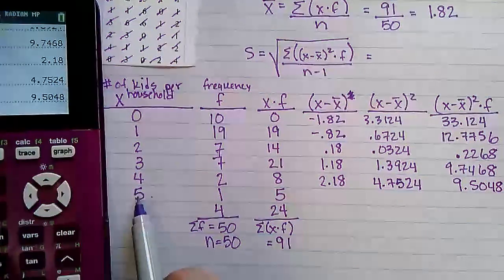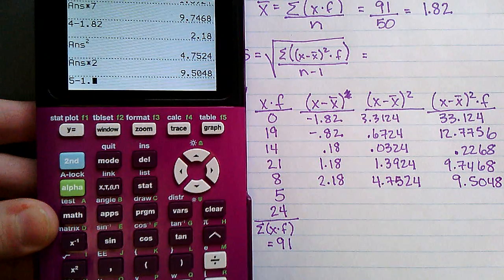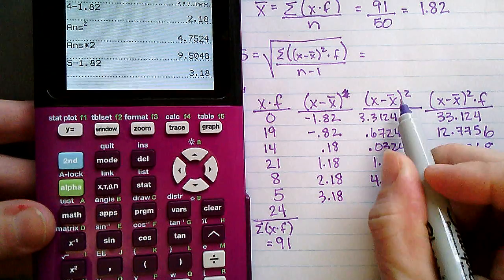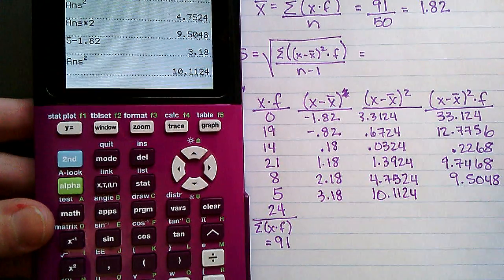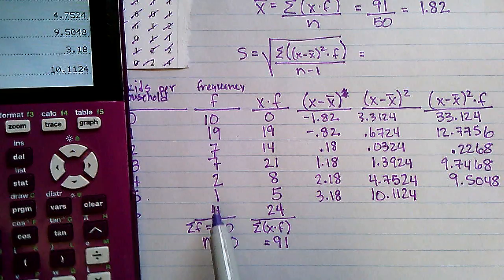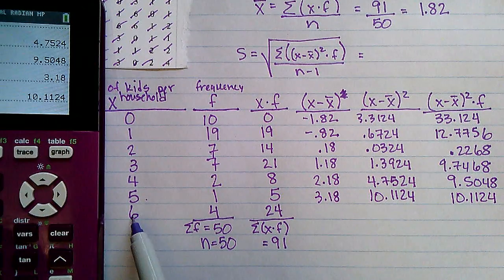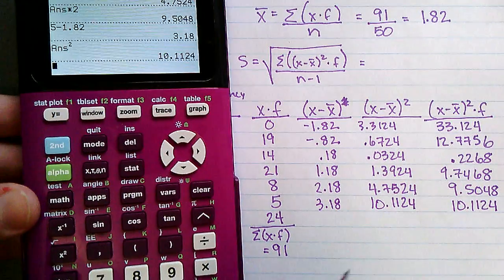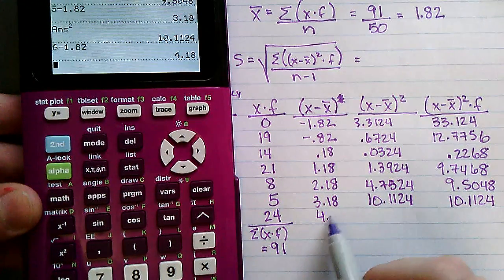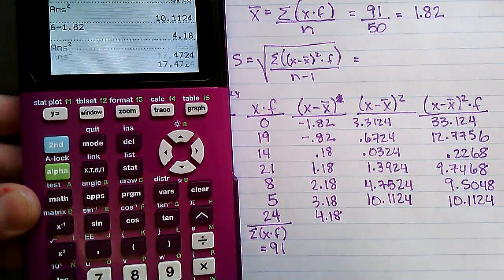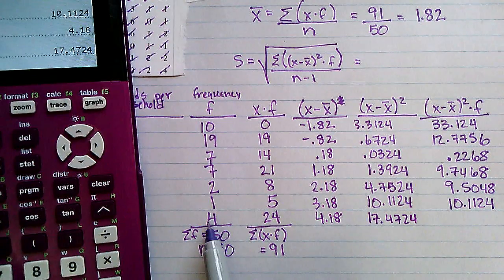data value minus the mean, square that, multiply by the frequency, which was 1, so 10.1124. In our last row, data value minus the mean, 4.18, square that, multiply it by the frequency,